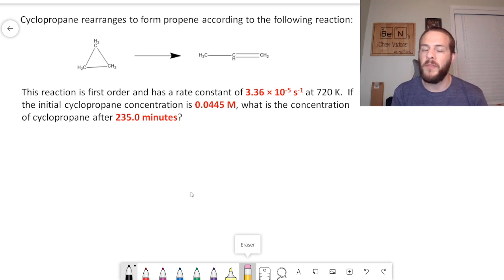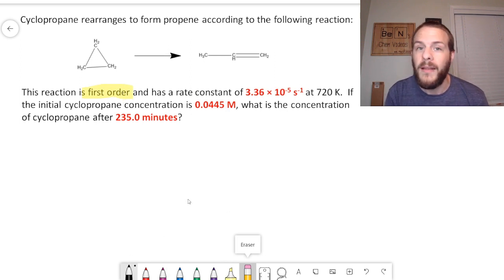So as you can probably figure out from the title of this video, we're going to be using the integrated rate law to solve this problem. So the first step is to figure out which integrated rate law equation we are going to use. Each order of reaction has its own unique integrated rate law equation. Now the problem clearly tells us that this is a first order reaction, so therefore we are going to use